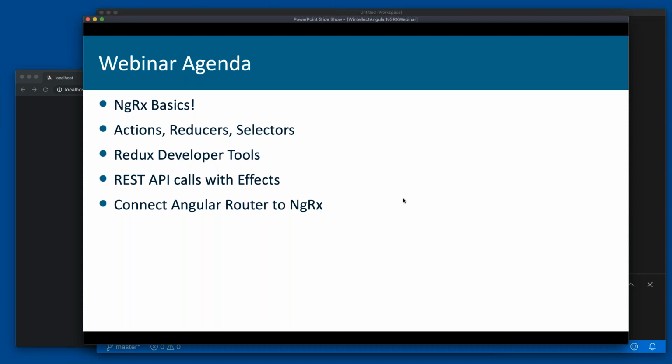Then we're going to do a second upgrade process and actually have it use effects so that once again it can talk to the REST API. We have a third version of the application, which we're not going to be coding in the webinar, but I've already pre-coded ahead of time. That third version is going to demonstrate how to do things like working with features and lazy loading of feature stores, so on and so forth. And then finally, as part of that third application, we'll just briefly talk about connecting the Angular router to NgRx and kind of what